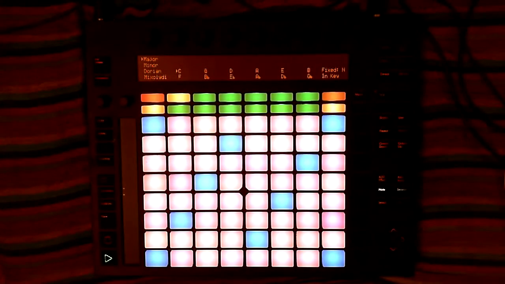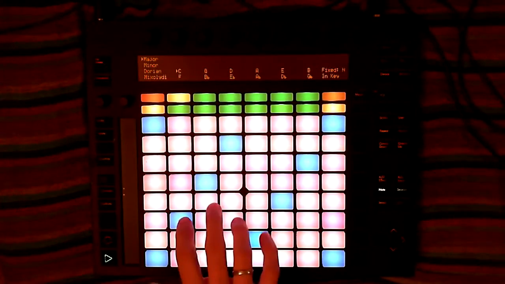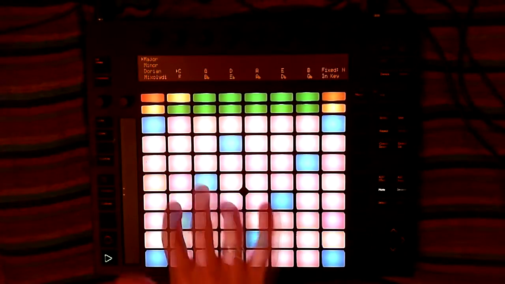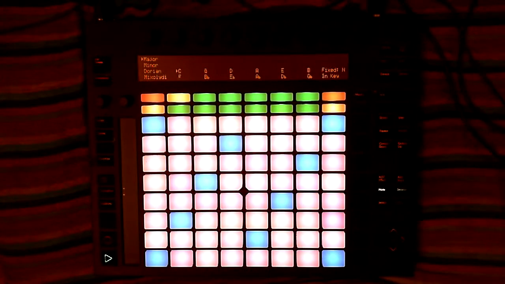Hello guys, this is a video about playing chords on Ableton Push. I noticed that most of the Push players usually use chords like this. Of course you can start with these triads, but there's something more than that, even if we're talking about simple